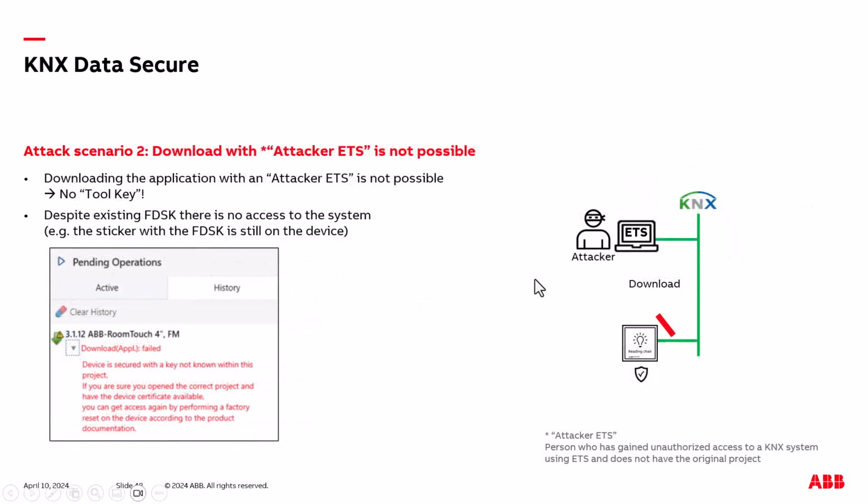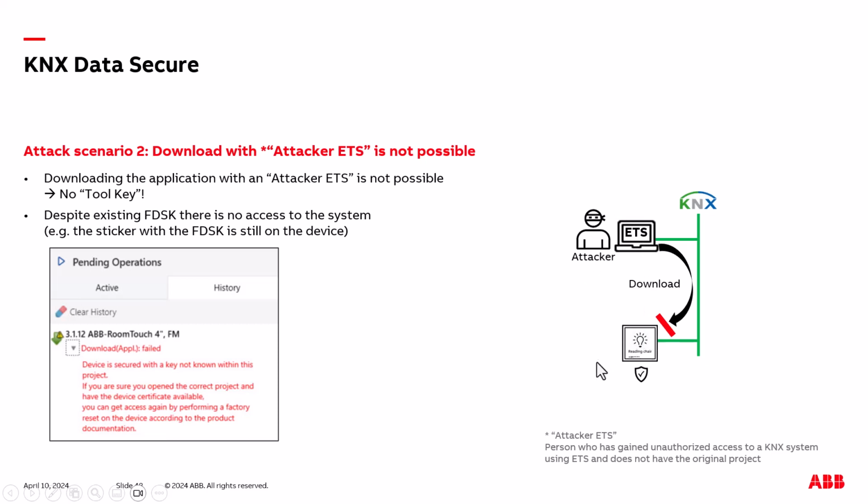So next one, the attacker reads out the individual address of the device, and then he creates a new project, and he would like to make a download, overriding the existing parameters and group addresses. Not possible, because the device is still in operation and accepts a download only with this tool key. And the attacker has no information about the tool key,